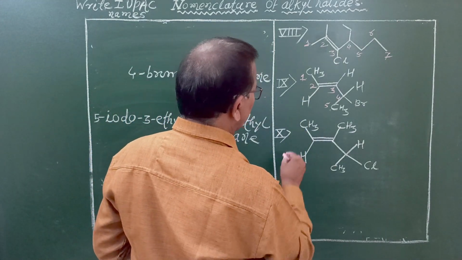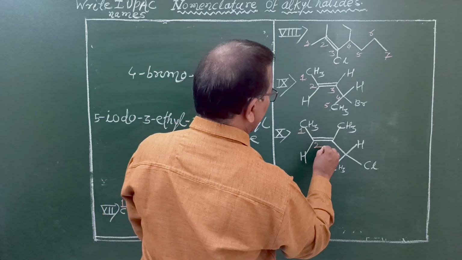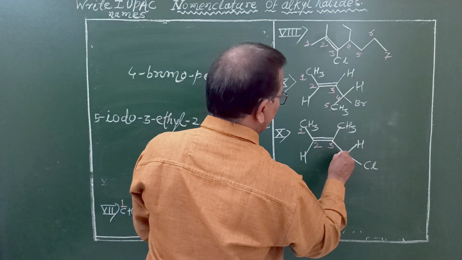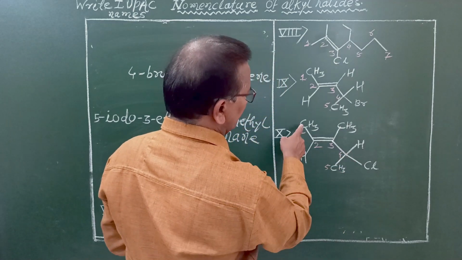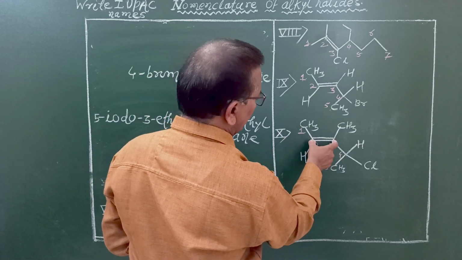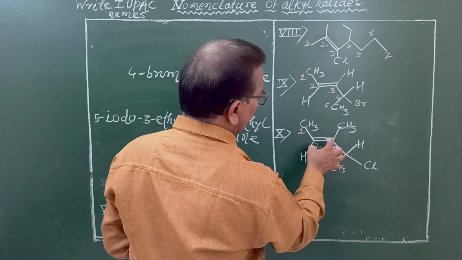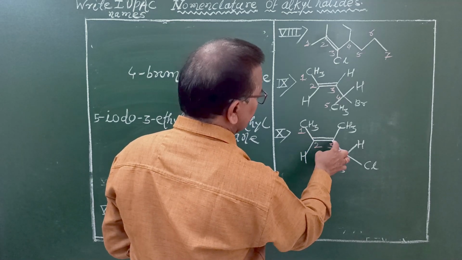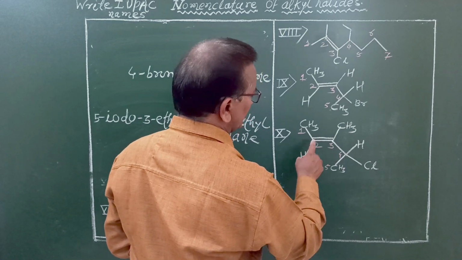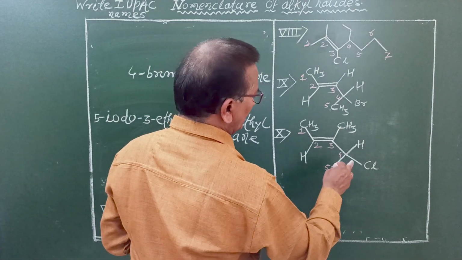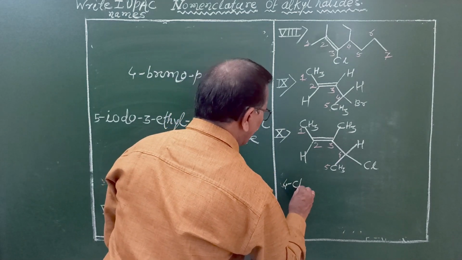Let us see this example. Here this carbon atom is numbered as 1. This carbon atom is numbered as 2. This is the third one, this is the fourth one and this is the fifth one. Again, numbering is started from this end because the double bond is nearest to this end. That means 1, 2. The position of the double bond is in between carbon number 2 and 3. But since it starts from carbon number 2, we have to put the position of the double bond as 2. Therefore, what is the name? Again at carbon number 4, there is a chlorine atom. Therefore, to write the name, 4-chloro.